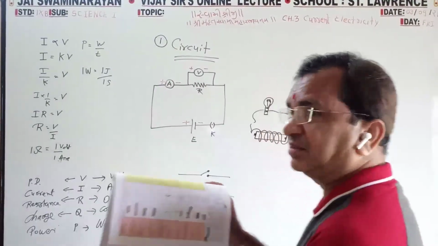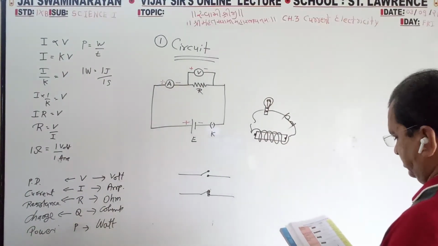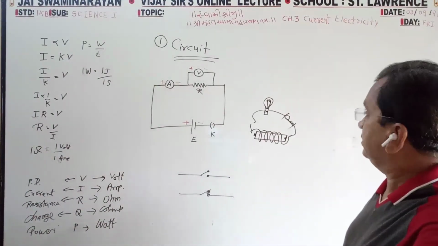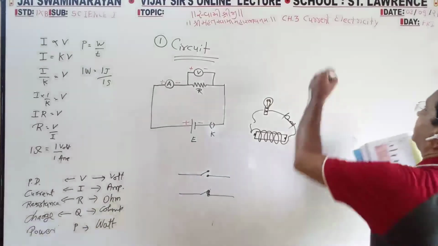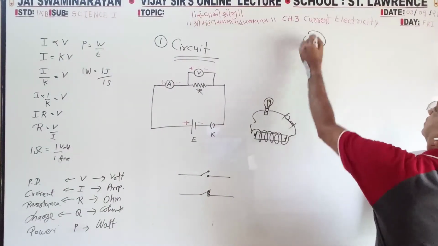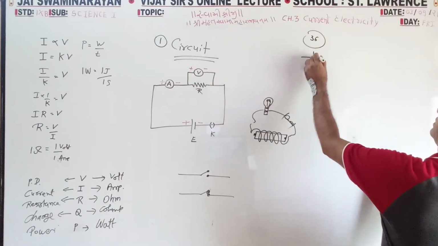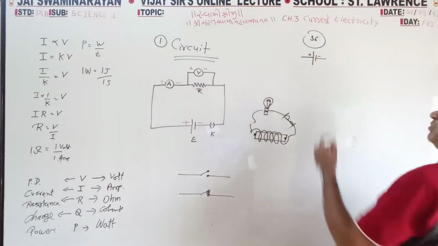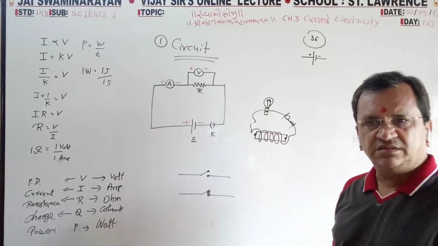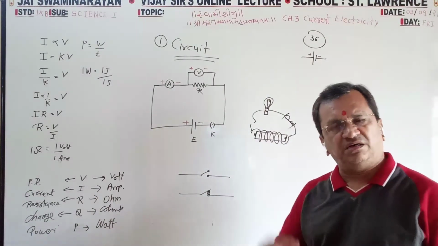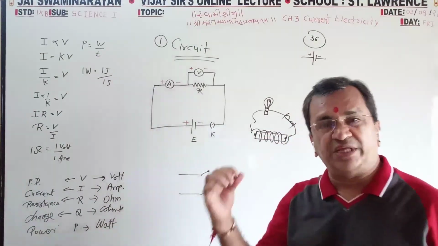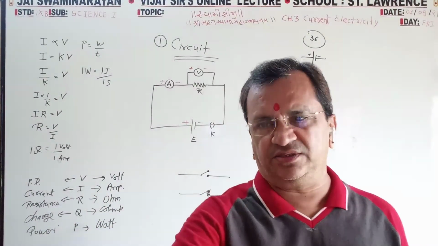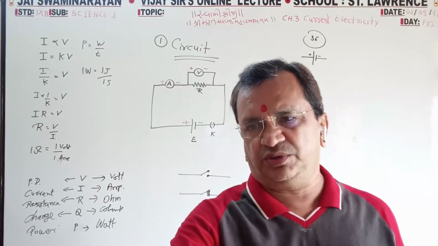Very good. There are some symbols. On page number 36, they have given some symbols. So I have explained that this is the symbol of battery. In this, we will not draw the actual picture. If I draw this picture, you have to come to know that it is a